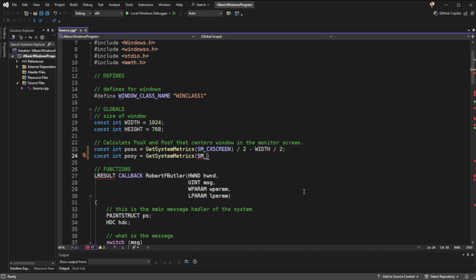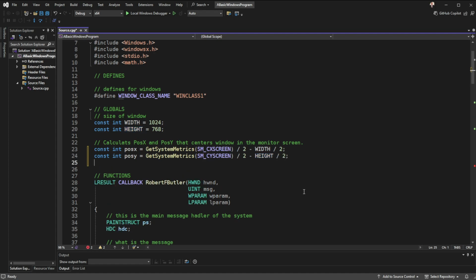And this call right here gets me what the height of the monitor is. And I'm going to divide it by 2 and subtract the height of our window we're creating, and we'll divide that by 2. So I don't know if I can show you this,